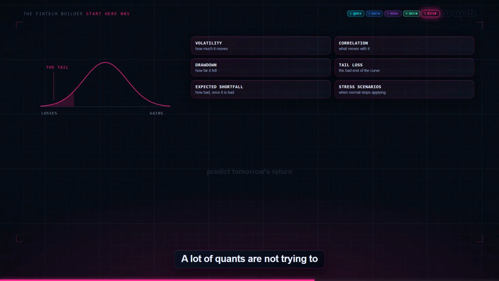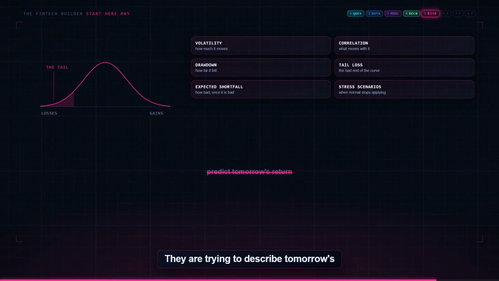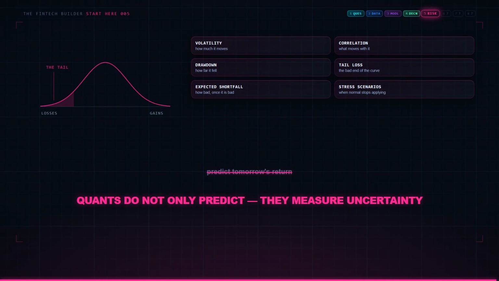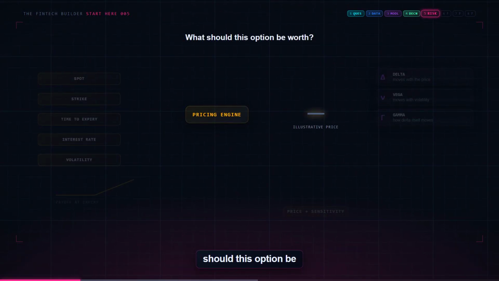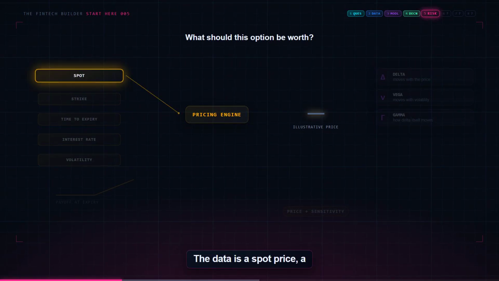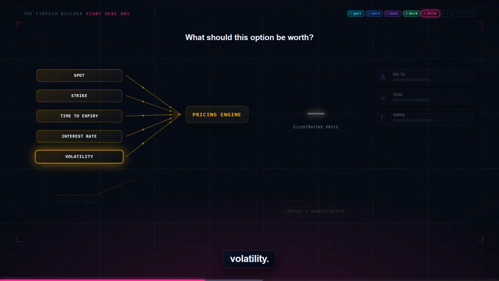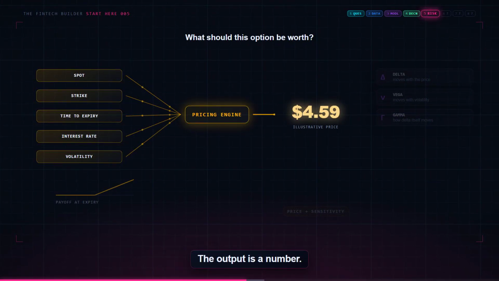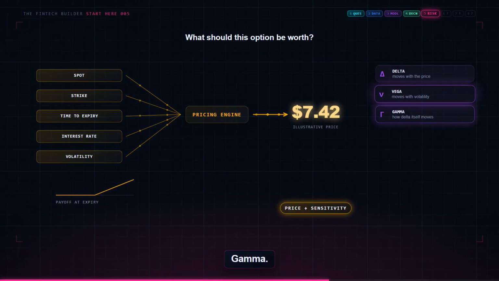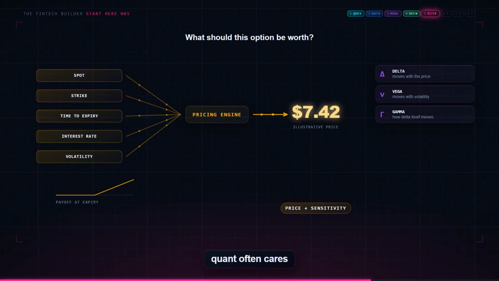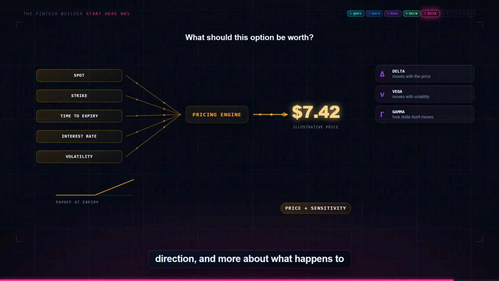A lot of quants are not trying to predict tomorrow's return at all. They are trying to describe tomorrow's possible losses. And the same engine runs in derivatives. The question becomes, what should this option be worth? The data is a spot price, a strike, a time to expiry, an interest rate, and a volatility. The model is a pricing engine. The output is a number. And then come the sensitivities, delta, vega, gamma. A derivatives quant often cares less about predicting direction and more about what happens to that price when the world